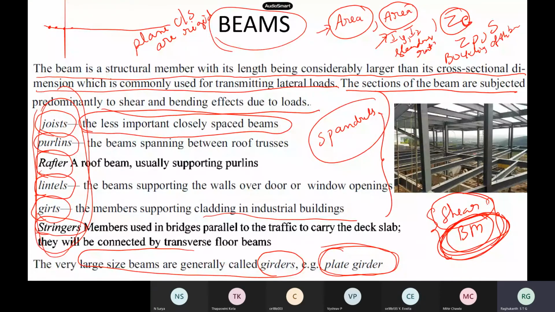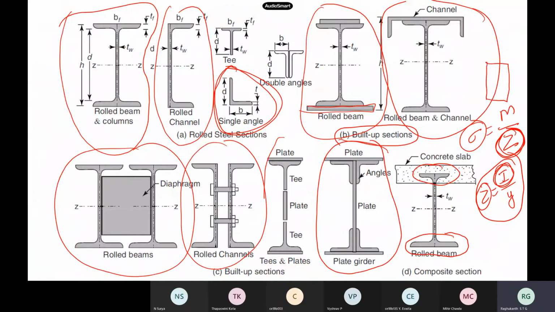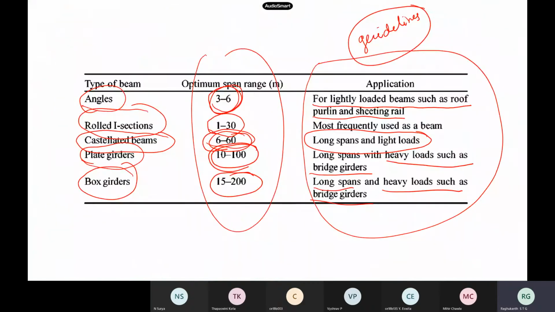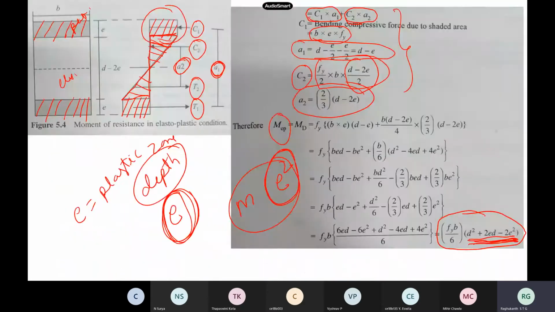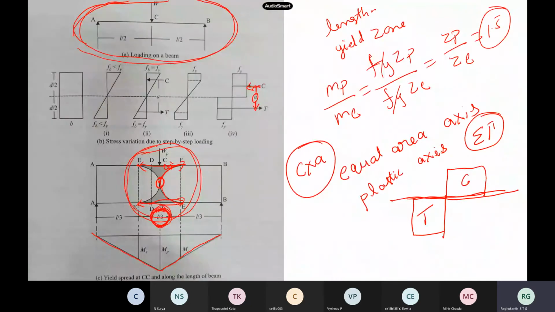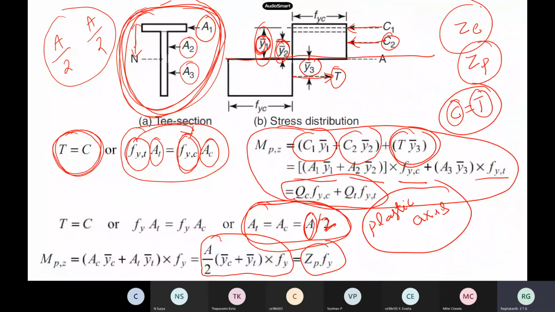So last class, I think last week, we already started our beams discussion. I have shown you all the important things in the beams, like some guidelines depending on the spans, you can select what type of section you want. Finally the shape factor, plastic section modulus, elastic section modulus all become the design variables. Since it is a limit state design, the plastic modulus also becomes very important. And then we introduced the shape factor, the length of the hinge, and all other things we have seen in our last class.